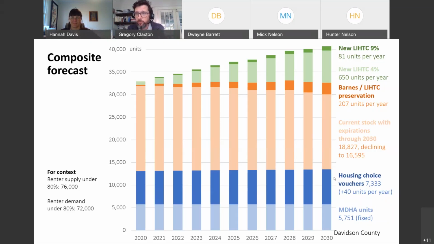So the dark orange are Barnes or LIHTC preservation, averaging about 207 units per year. The light green are new LIHTC 4% projects, with our expectation of about 650 units per year. And then new LIHTC 9%, still at about 81 units per year. So to try to summarize the future snapshot,